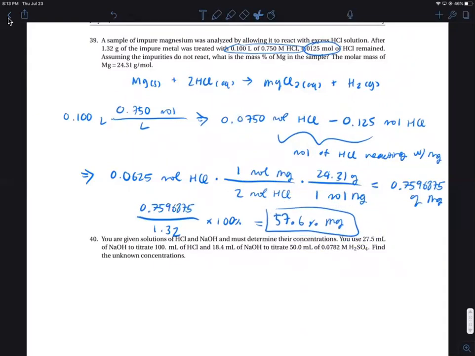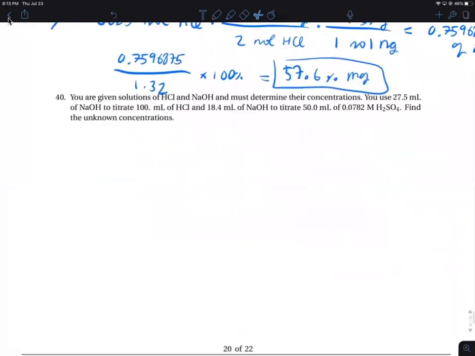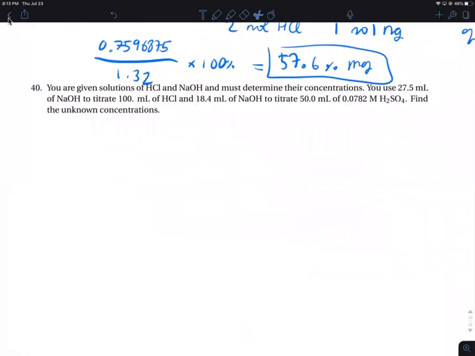Okay. And now for number 40. So we're given these solutions and we need to determine their concentrations. Alrighty. Okay, so let's write down these two chemical equations that are relevant to this problem. So the first one is this: